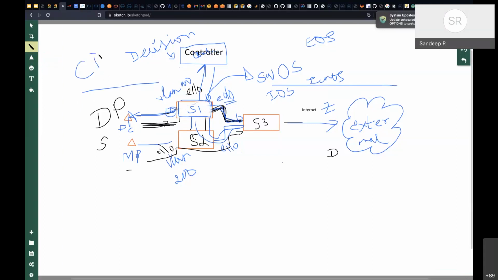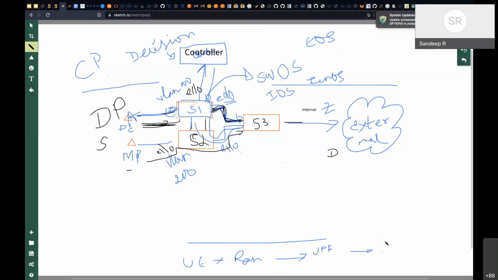So similarly, in 5G also, you are seeing a data plane where there is a user equipment connected to a RAN. Then we have a RAN which connects to the user equipment, and then we have a user plane function, UPF, I think, which in turn sends the packet towards the internet, right?